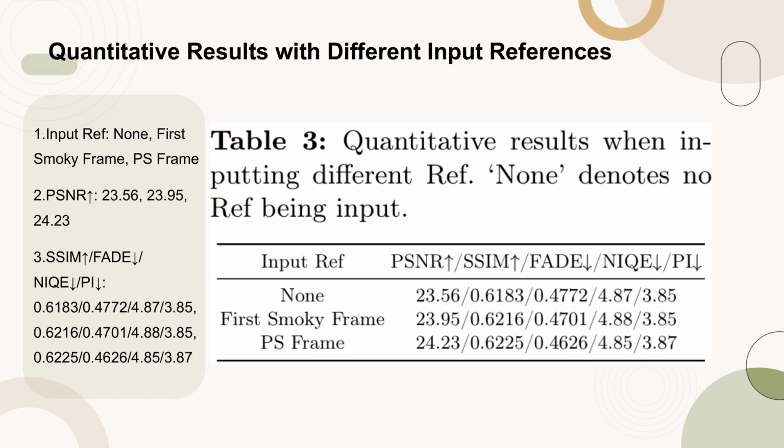Table 3 presents the quantitative results obtained when different references, ref, are input into the system. The references tested include none, no reference input, first smoky frame, and PS frame. The performance metrics reported are peak signal-to-noise ratio, PSNR, structural similarity index, SSIM, FADE, naturalness image quality evaluator, NIQE, and perceptual index, PI. The results indicate that the PS frame reference yields the highest PSNR and SSIM values, suggesting better reconstruction quality compared